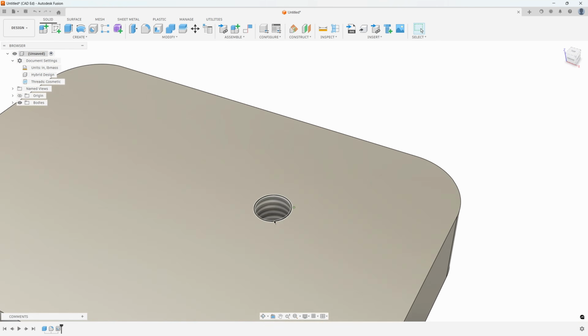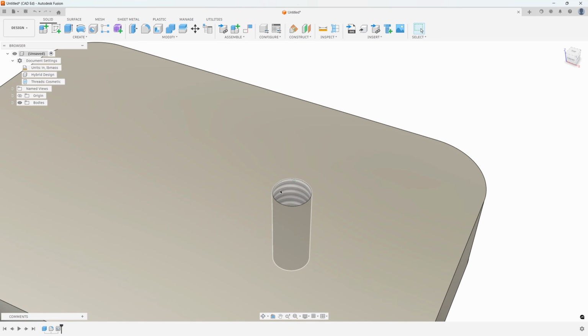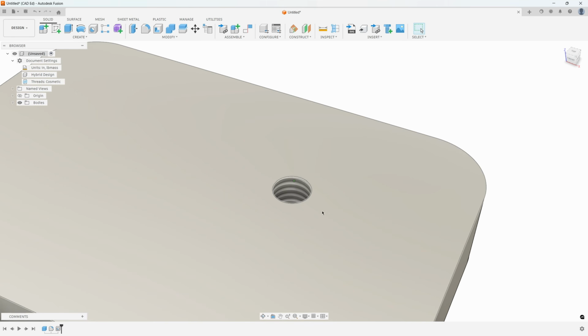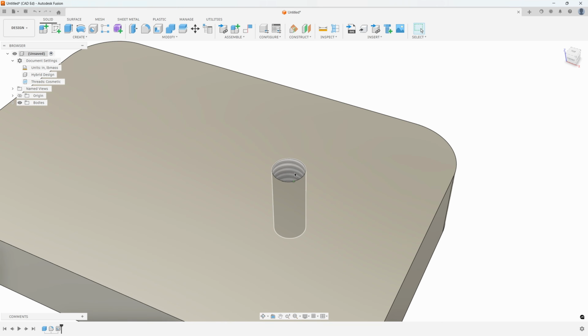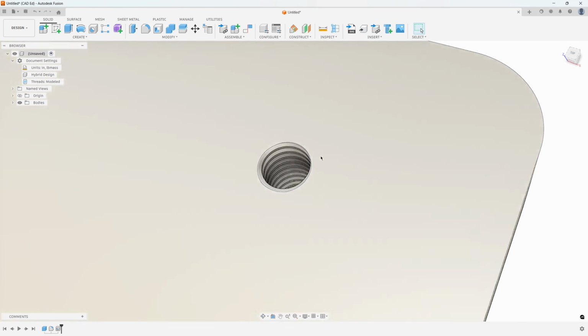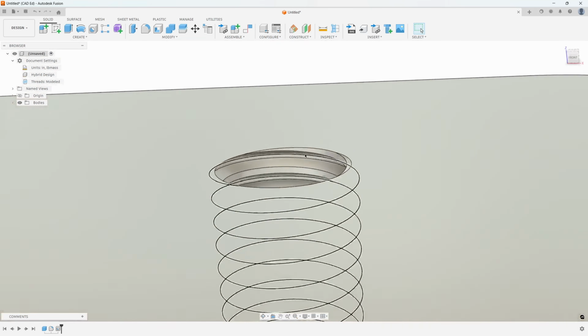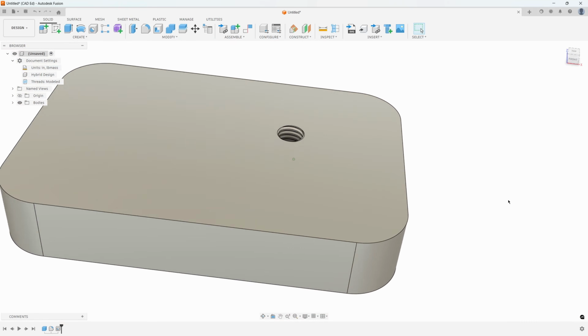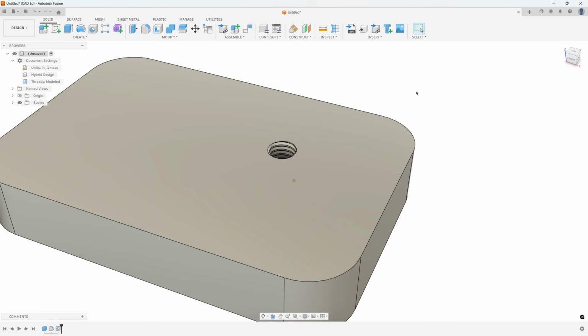Now this looks like it's threaded, but in reality it's like a sticker. If I were to 3D print this, this would print as a smooth-sided cylinder, or hole basically. There would be no threads. If I wanted to 3D print this, I would need to come up here and change my threads from cosmetic to modeled. I'll say OK, and now you can see that those are actually machined or modeled threads. And if I were to 3D print this, I would be able to screw in a bolt